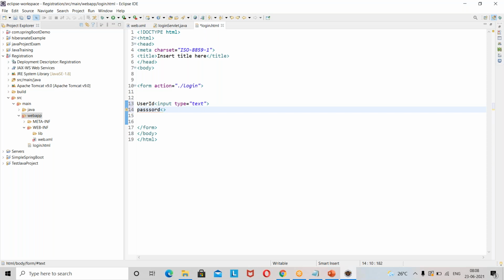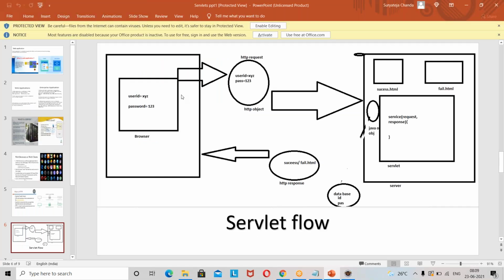So I'll say input. Your password should not be visible, so for that you give input type equals password. Whenever you give some value, it needs to be read by the backend. For example, if you give Raju and the password is 123, that value needs to be read by your servlet in the backend.